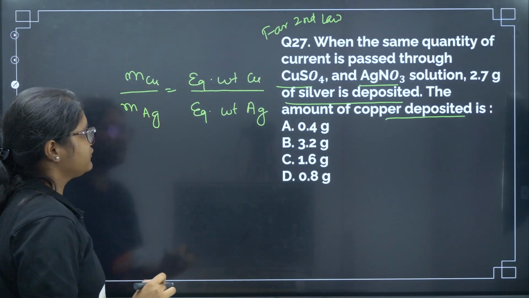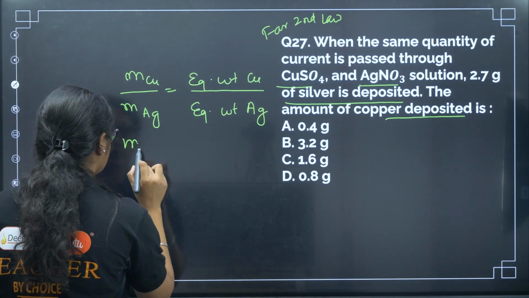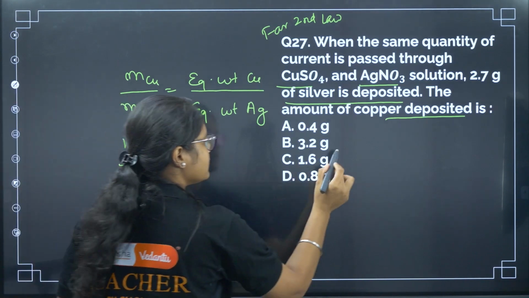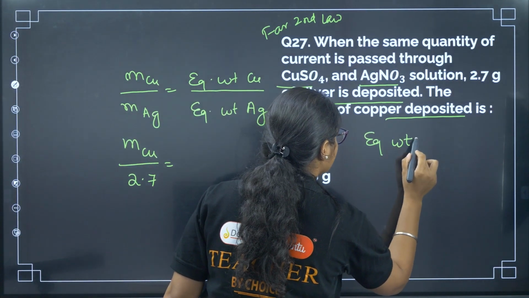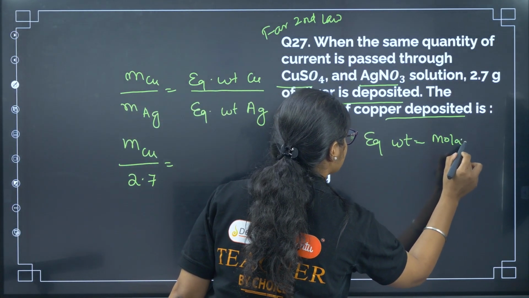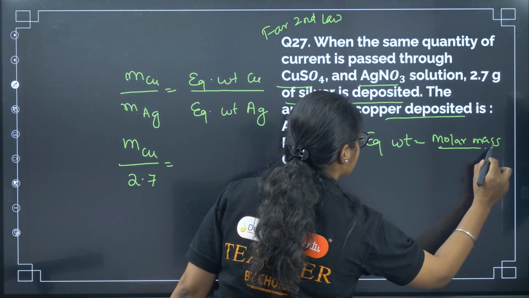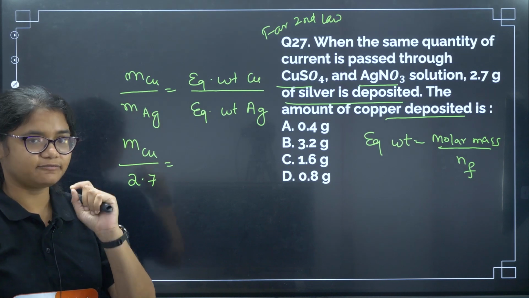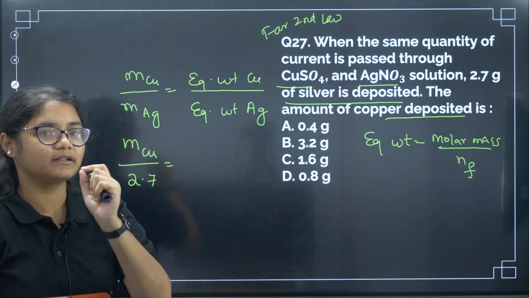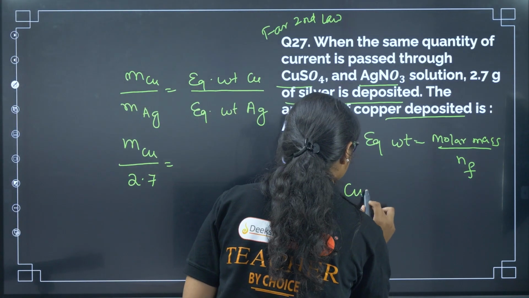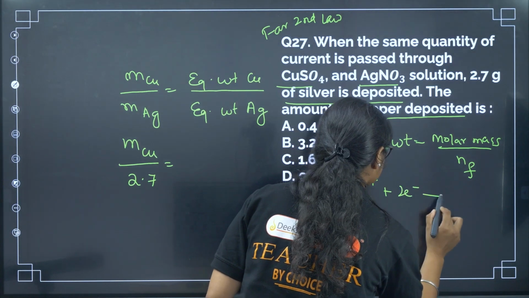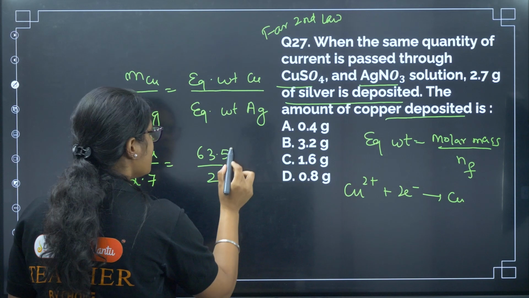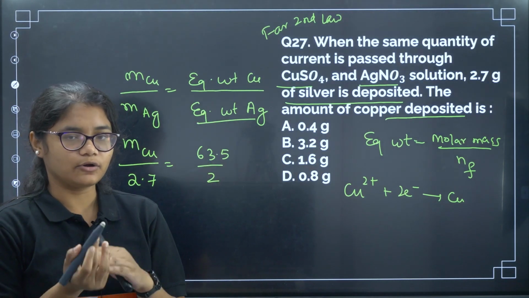Now if you see here, mass of copper deposited we have to calculate, and mass of silver deposited is already given, 2.7 gram. Now what is the formula for equivalent weight? Equivalent weight is nothing but molar mass by N factor. So for copper, the molar mass is 63.5 and the N factor is 2, right? Because Cu2+ with 2 electrons gets reduced to give you copper. So we have 63.5 divided by 2, and the equivalent weight of silver will be 108 by 1,